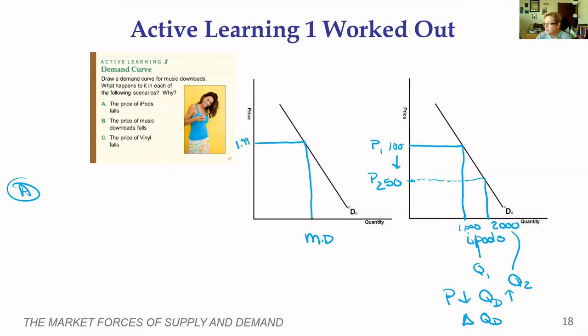Just guessing. And here we have like 10,000 people that want them. Okay, so here's our P1 at $1.99. Here's our Q1 at 10,000. Now,